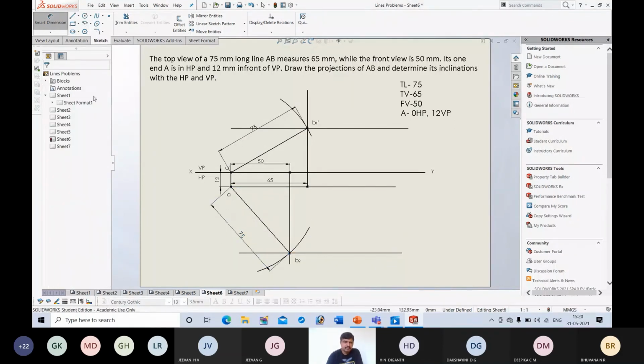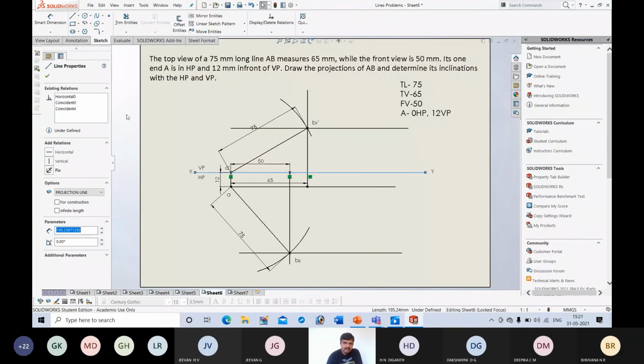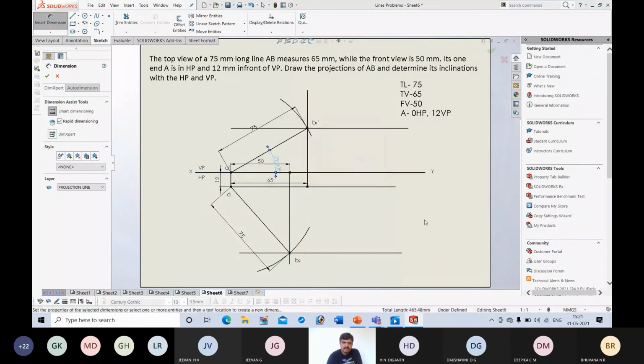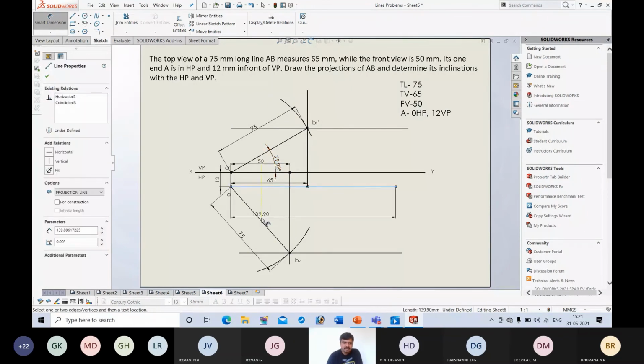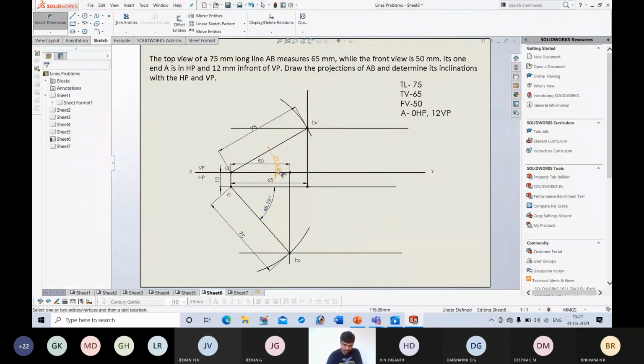Okay. Next, I can find theta and phi. Okay, angle between this and horizontal line. Angle between true length line and this horizontal. Okay, so this is theta. So it is 30. There will be some error. There will be some minute constructional error even in the software. You need not worry. It is around 30 degree. Angle between this and this. Okay, it is around 48 degree. Okay, this is theta and this is phi.